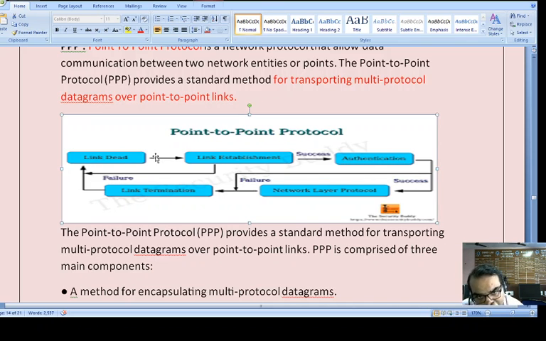When the link is dead, we need to establish a new link. When it is a success, it is authenticated. When that succeeds, the network protocol will go again. If in between the connection is cut and authentication fails, then the link termination message comes, the link will be dead, the link will be established again, authentication will be done, and finally the network layer protocol will be able to work.